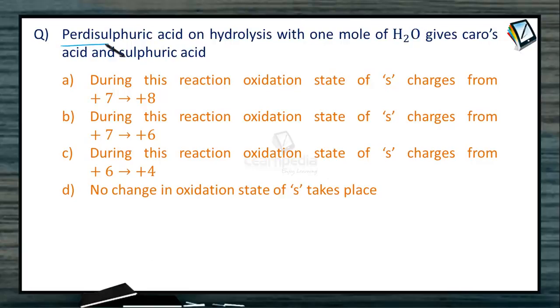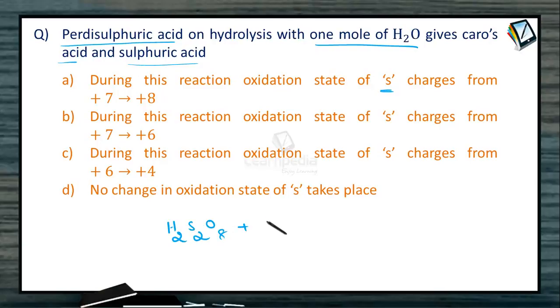Peroxydisulfuric acid, that is Marshall's acid, on hydrolysis with 1 mole of water gives Caro's acid and sulfuric acid. So during this reaction, how does the oxidation state of sulfur change, from what value to what value? We need to find this. If we know the equation involved for the reaction, Marshall's acid, that is